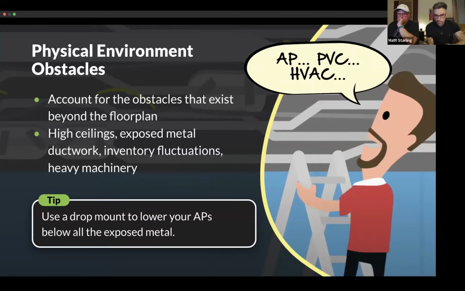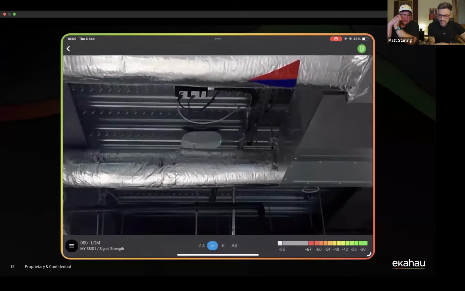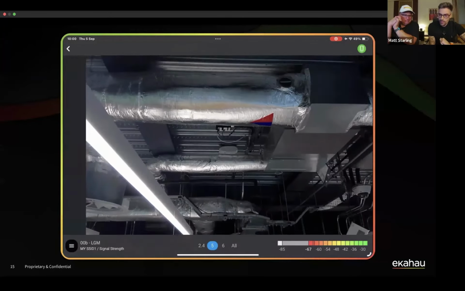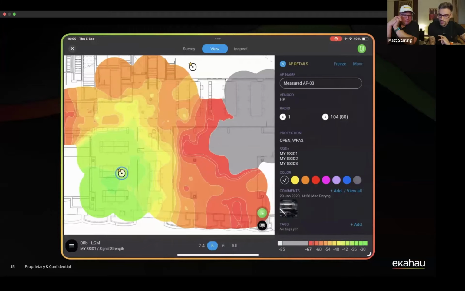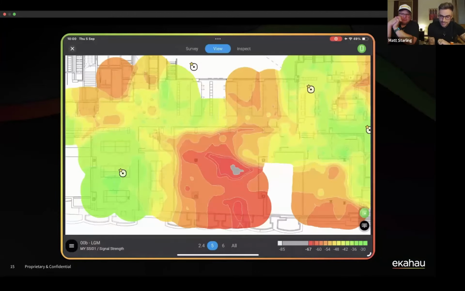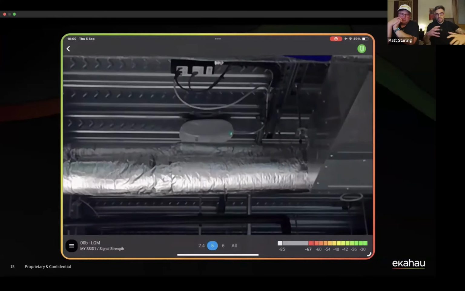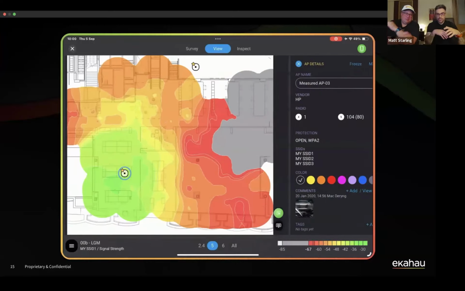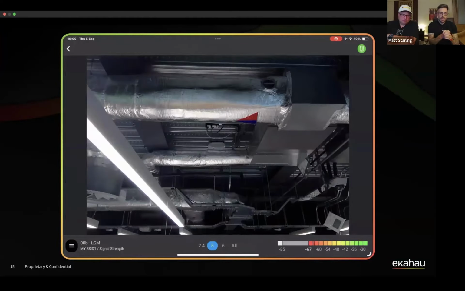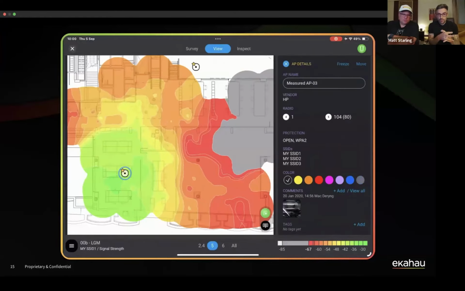If I just show you this example here, this access point is probably not the best place for an AP to be living, around all of this metal ducting and HVAC system, especially so close to the AP. It's going to cause so many reflections. It can cause the quality of the signal to deteriorate, retries, and it's just going to be a poor experience from installing our APs like that.